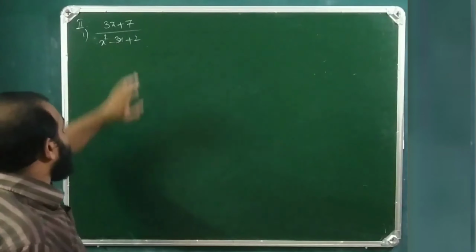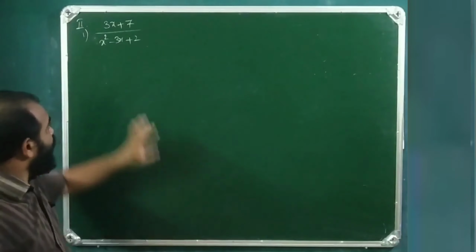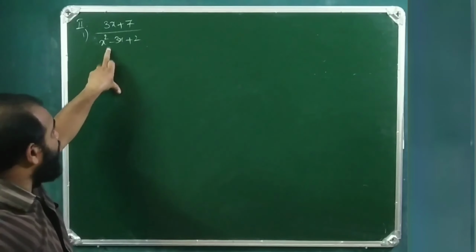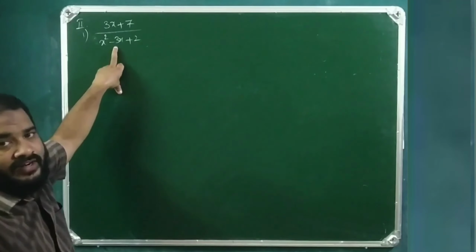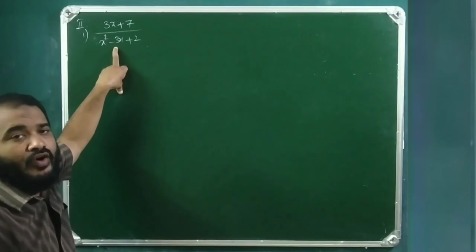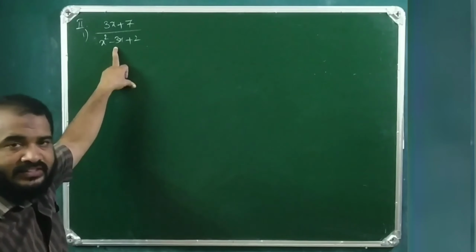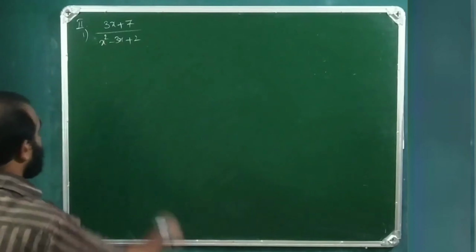3x plus 7 by x square minus 3x plus 2. First of all, the denominator is not containing the linear factors. Linear factors are of the form ax plus b, px plus q, cx plus d, etc. So, for that purpose, let us